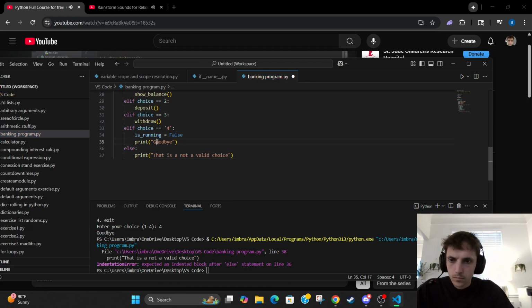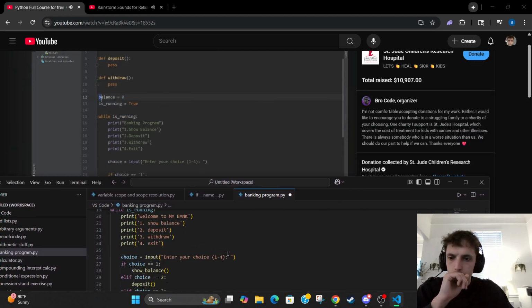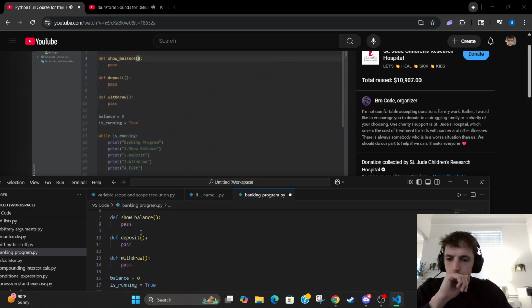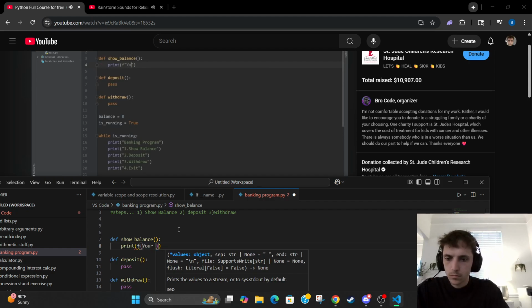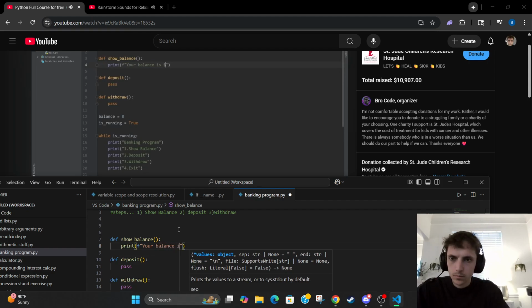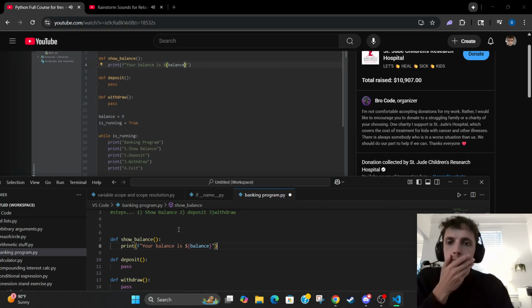Now we'll work on our functions, beginning with show balance. Currently these two variables are global. We don't need to pass them as a parameter to these functions quite yet. We will be enclosing all of this code within a main function. We'll handle that later though. So with show balance, all we're going to do is print, I'll use an f-string, your balance is, add a $, or other unit of currency of your choosing, add a placeholder, our balance variable,